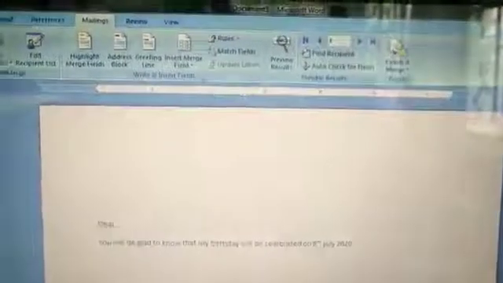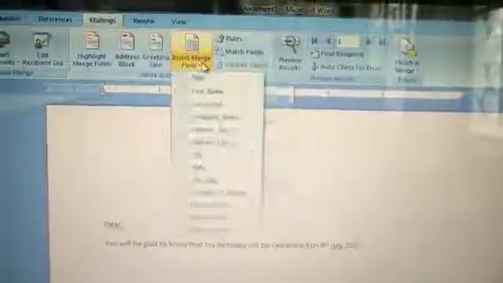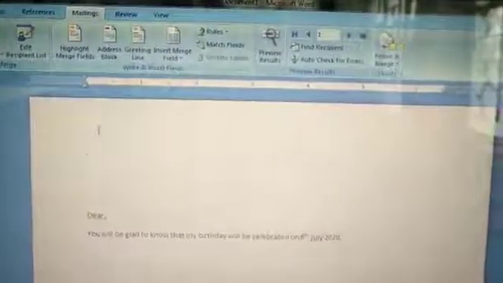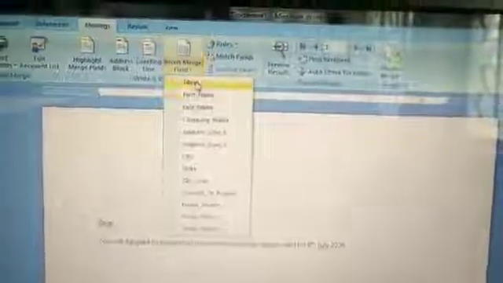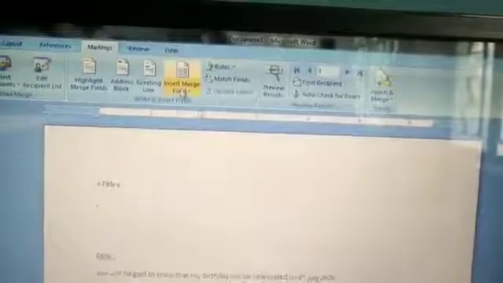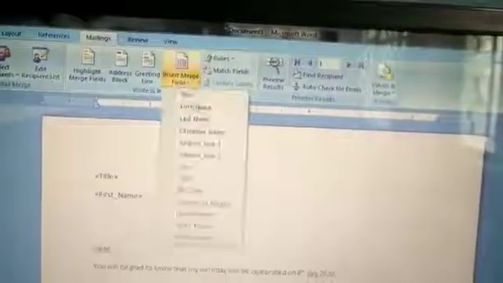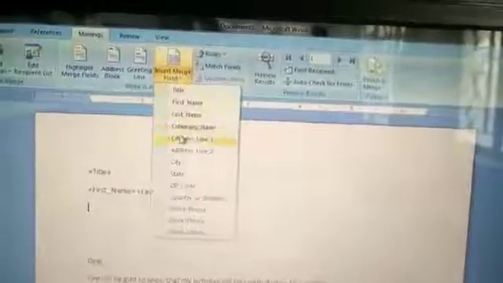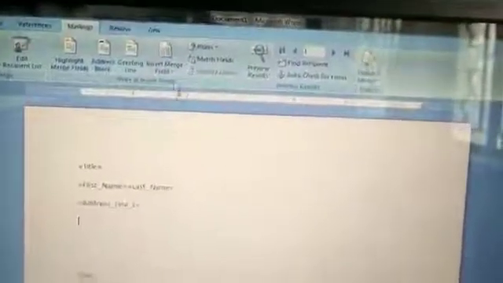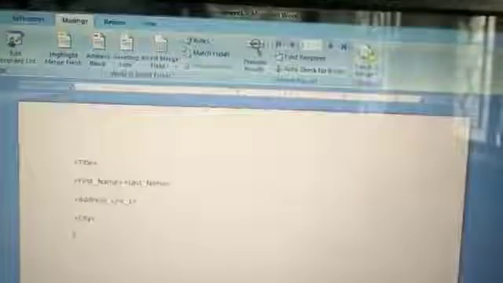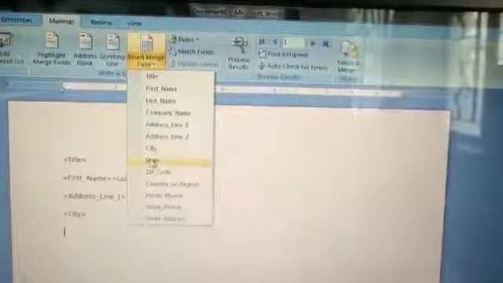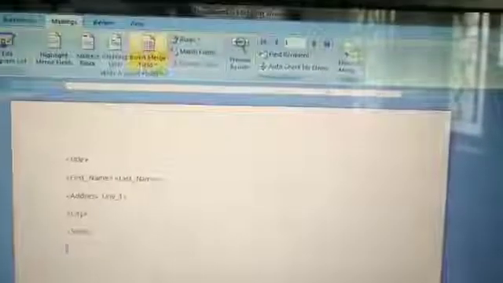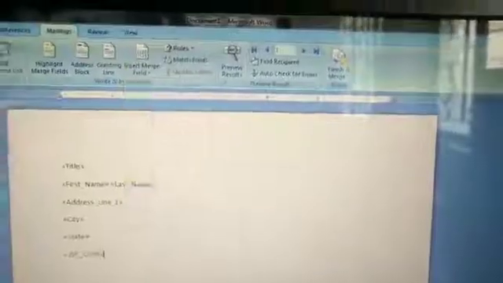Then the same thing you have to do with the Insert Merge Field option. First give the title: place the cursor over here, then choose Title, enter, first name, space, last name, enter, address in one line, enter, city, enter, state, enter, zip code, enter.